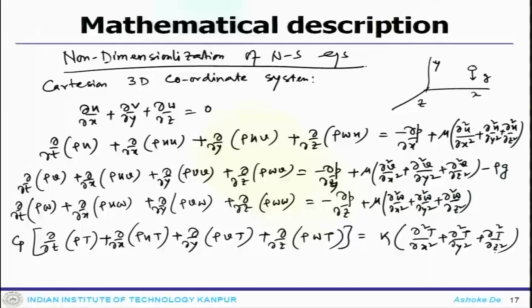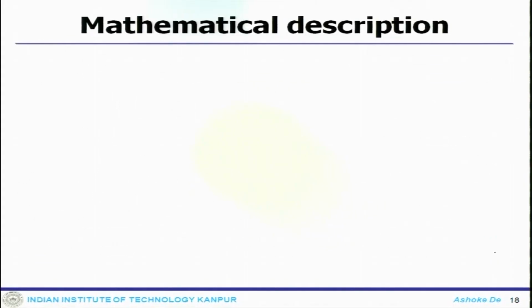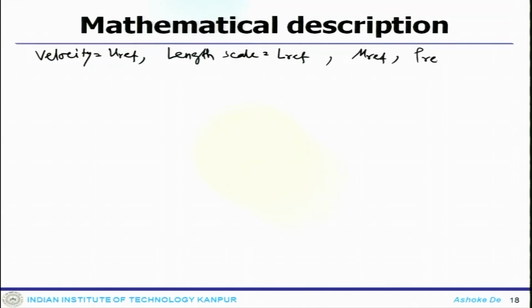So, here the temperature equation does not have any source term, and if you look at the complete set of equations, they are in a conservative form. Now, to non-dimensionalize the system, you need the referencing velocity. So, you say that you reference the length scale, that is L reference, then you have viscosity mu reference, density reference. So, all these reference scales you use.